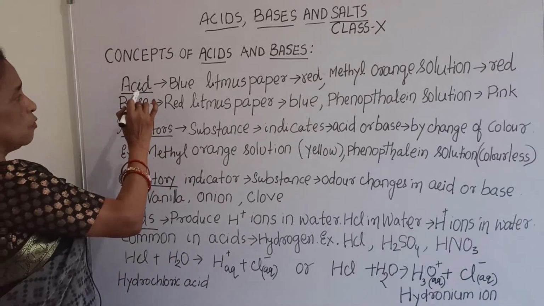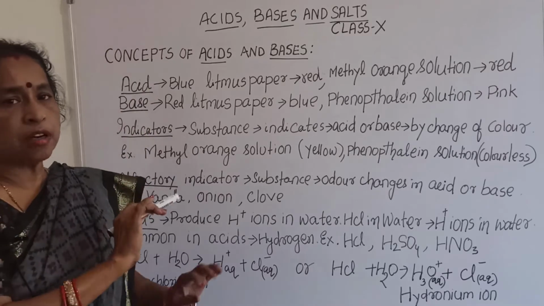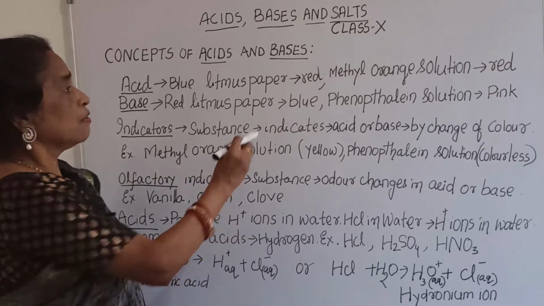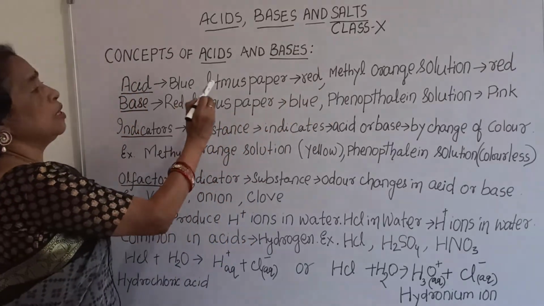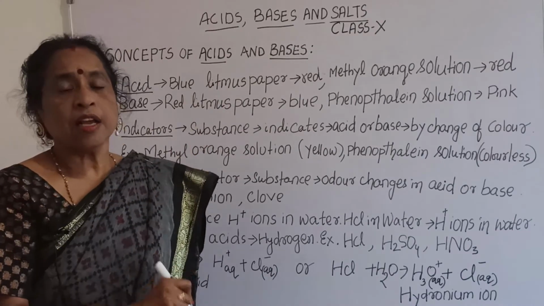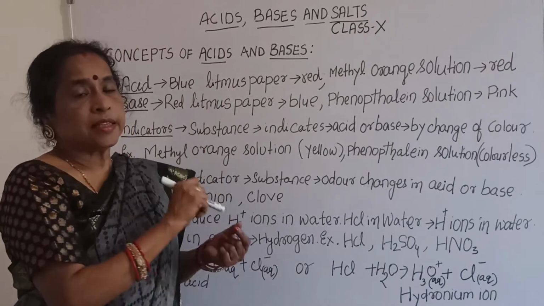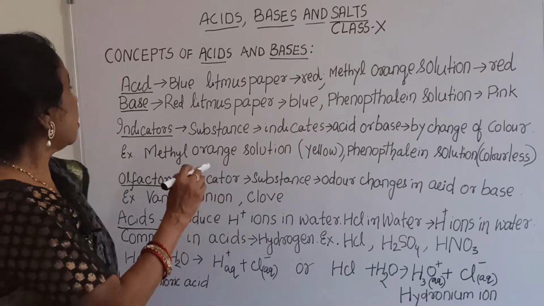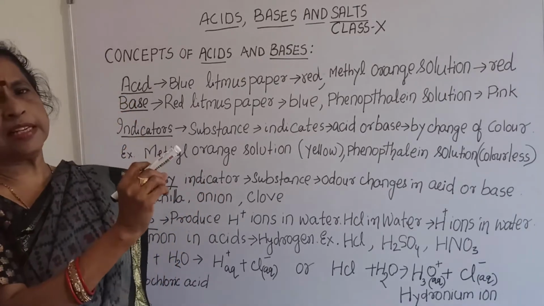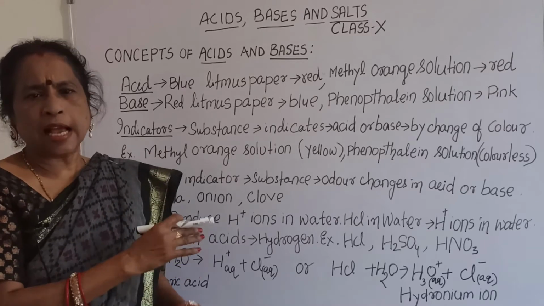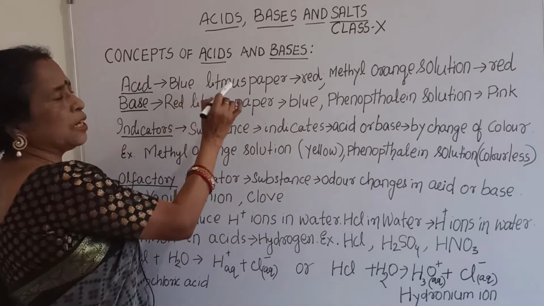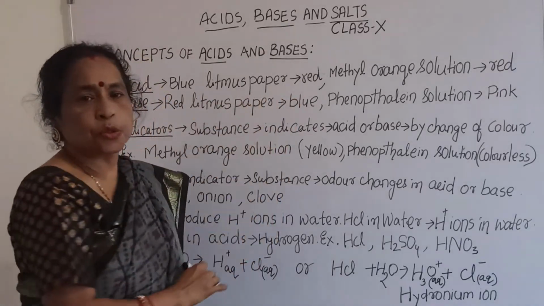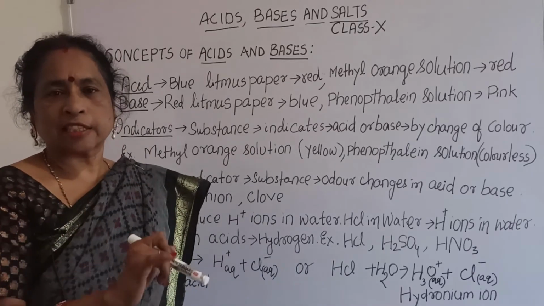Now, first you see what is meant by acid. We will not see any reaction first. First you will see color changes: what color changes when you add something. What is that? Blue litmus paper. When you add blue litmus paper to acid, what will be the color of the blue litmus paper? That will change. Take 1 ml or 2 ml of acid in a test tube and add blue litmus paper to it. Then what happens? The blue litmus paper changes to red. It is the most important characteristic of an acid.